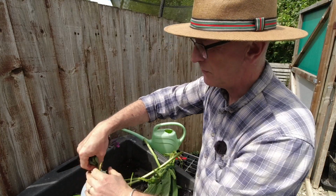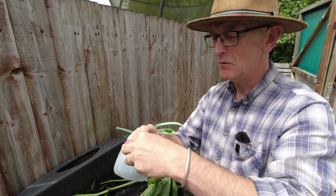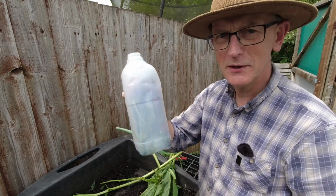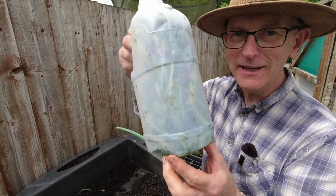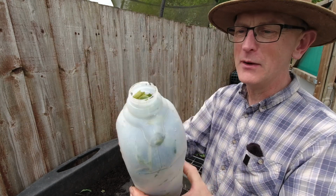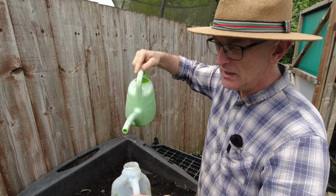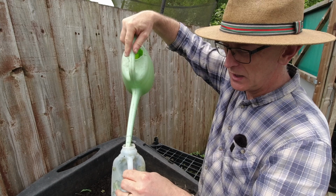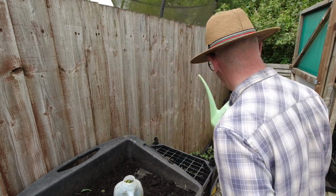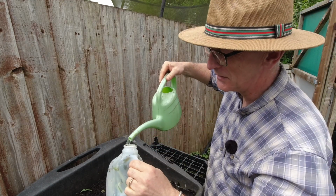So yeah, basically I'm just stuffing all of it into here, and then we'll top it up with water. Right, I'll get back to you when it's as full as I can get it. Okay, that is now stuffed with all of that stem and leaf and flowers from the comfrey. So what we do now, just get some water and we fill this up as much as it will take. I need to get some more. Yeah, back. So as I say, fill it up with as much as it can take,